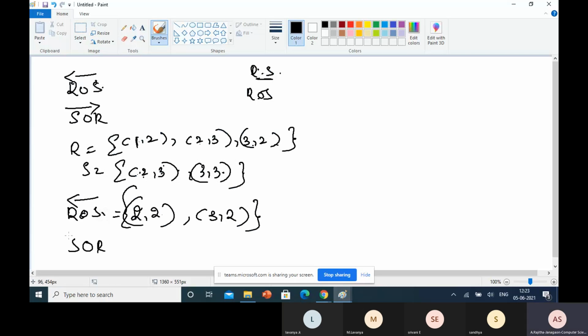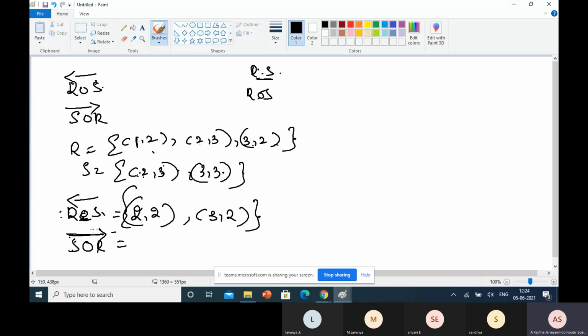So this is what R composed with S. Now like this. Whenever this is given, now go to S and then R. That means right to left. So here left to right. In this case also the same. Here also the same, that means left to right. In this case, what is S? S means here 2 to 3.